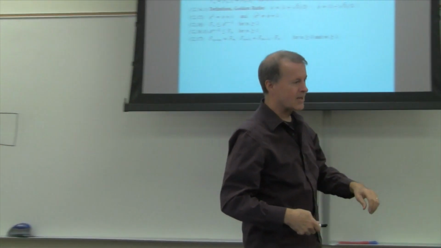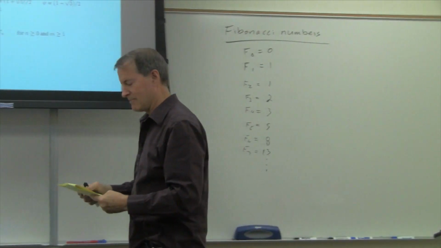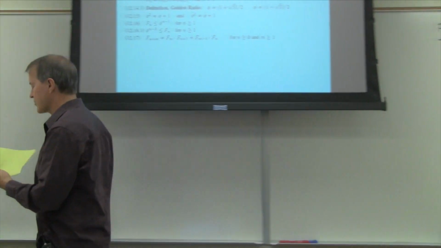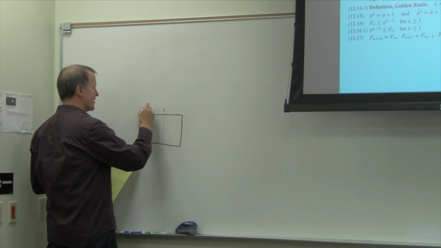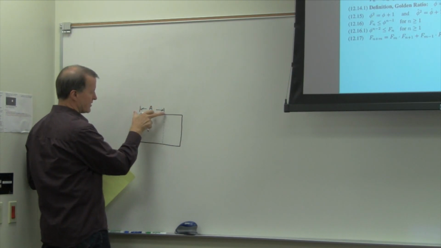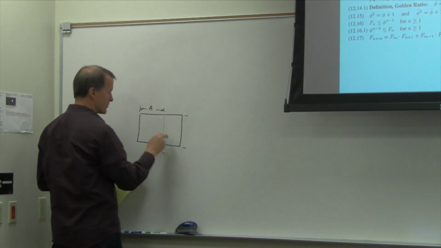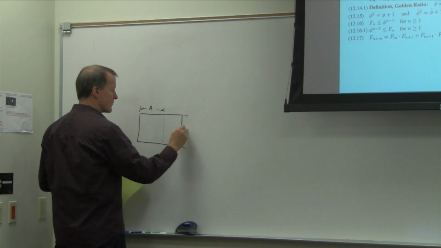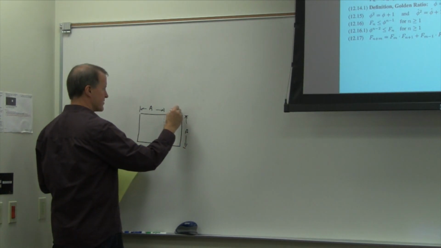Okay. So here's what we're saying. If this distance from here to here is a, are you with me? And therefore this is a, right? Because we're making this the square. So if this is a, and then if we call this one b, from here to here,